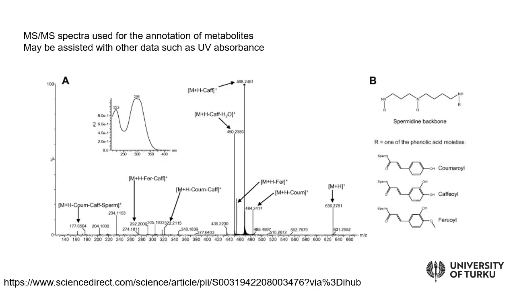And if we then take a look at why this is actually done, what is the usefulness of this fragmentation pattern, or how it is utilized, a very traditional way of using it is to look at it in a manual manner. Here is an example of a spermidine derivative compound. The structure you can see here on the right hand side. And this particular compound group is such that there is this spermidine backbone and it is decorated with phenolic acid moieties. So this was an exercise where really on a manual